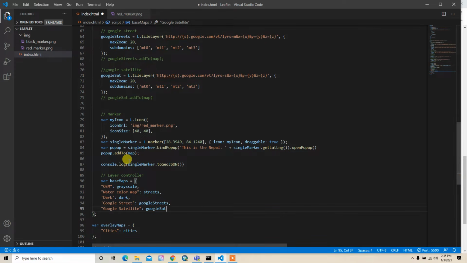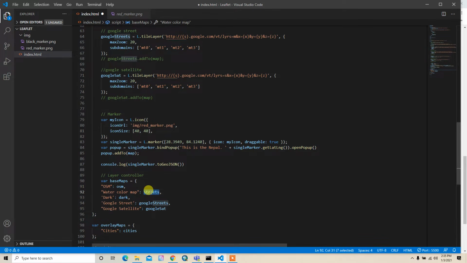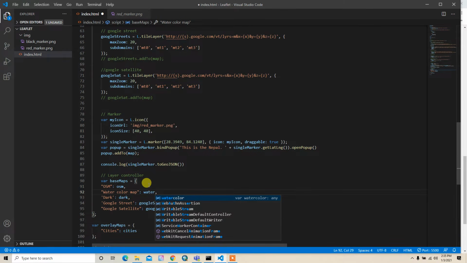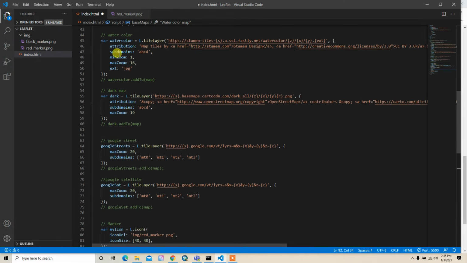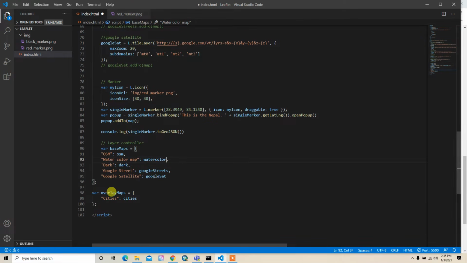These are the available base maps. OSM is named OSM, and the watercolor map is named watercolor. This name-value pair comes from our variable name, and this name will be available in our layer toggler. In the overlay maps, since we have only this one single marker,